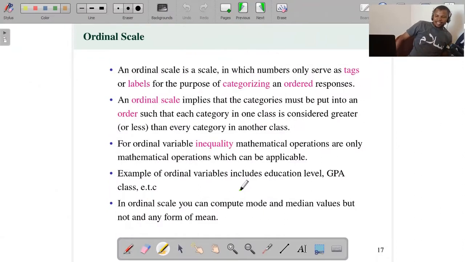The ordinal scale is closely related to, or resembles, the nominal scale. First of all, why are they closely related? Because again, in the ordinal scale, you have limited responses, and they are text. But it is possible to rank the responses. How? I can speak of something like level of education. In level of education, if you have this question,